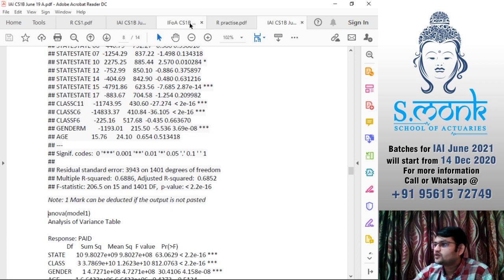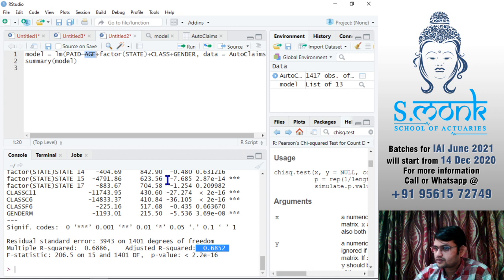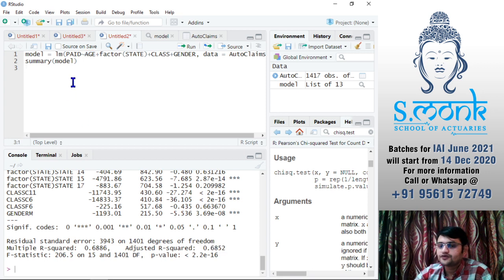You can definitely do it in R. You can make a function out of it, that whenever you see state 1, state 2, state 3, then make another column and write them as category 1, category 2, category 3, something like that, right? So you can make a function out of it.